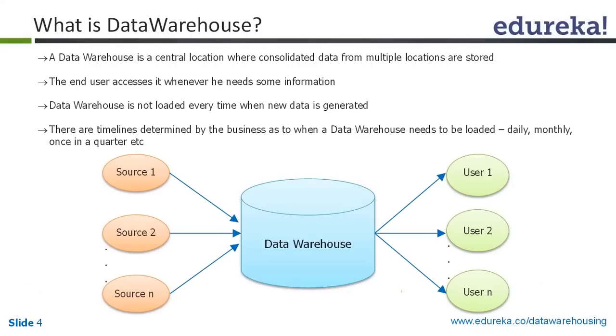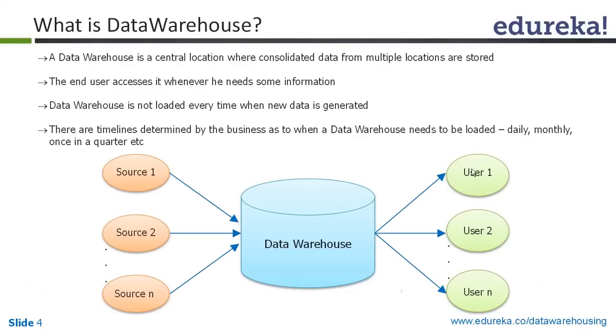Now based on this, at the end of the day, the end user would want data for his reporting purpose. So you create an alternate system. This is called an OLAP system. As you can see from the diagram of the first slide, there are multiple sources, source 1, source 2 to source n, feeding into a data warehouse. Now, this is not a simple feed. There are a lot of calculations, a lot of processing and validations that happen before data is loaded into the warehouse.